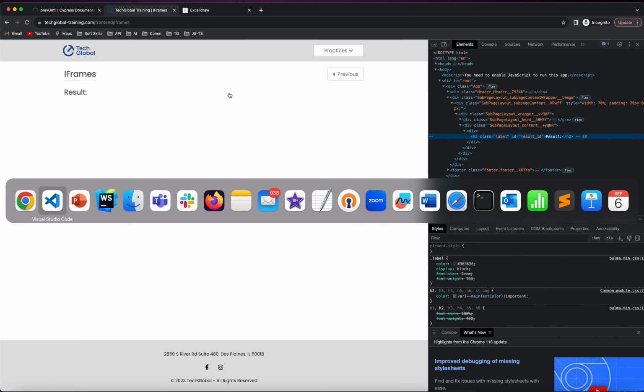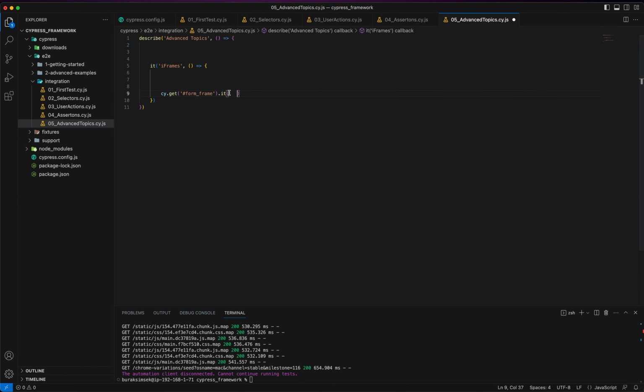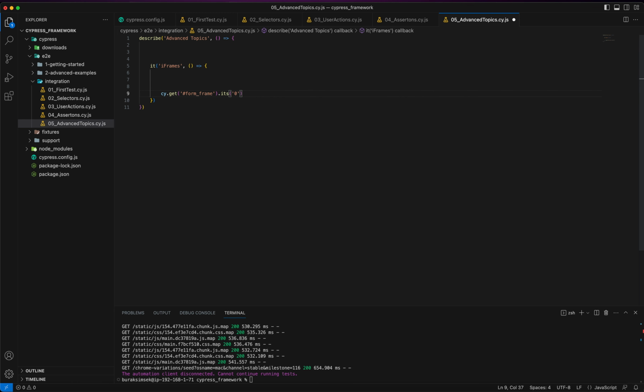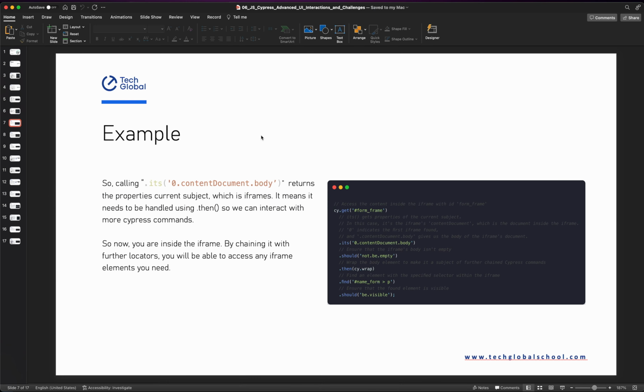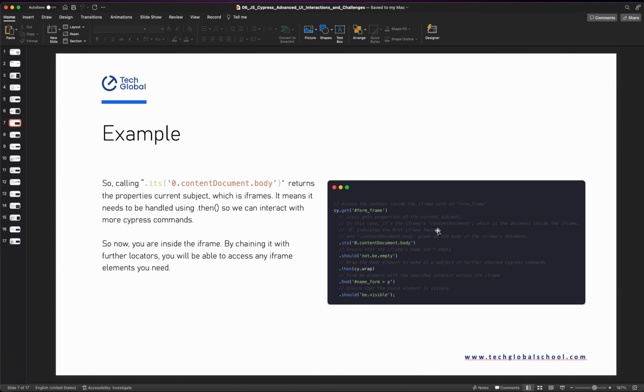By using this one, basically we are telling that for an iframe, we want to get which property we need. By the way, it should be its. In this case we need the property of the first one, and it's going to be this content document and the body of it. Dot body. Then